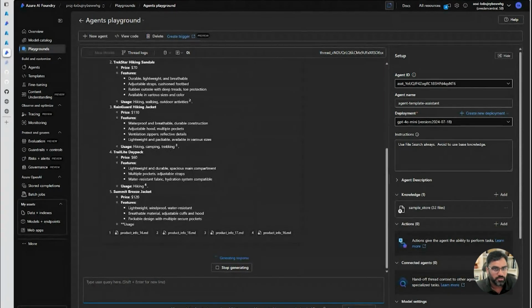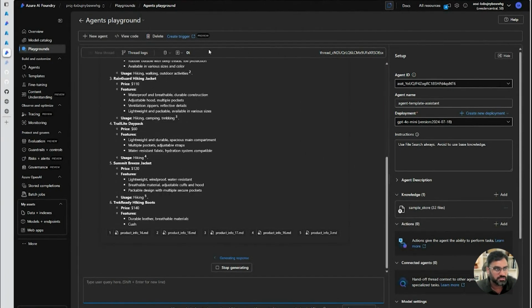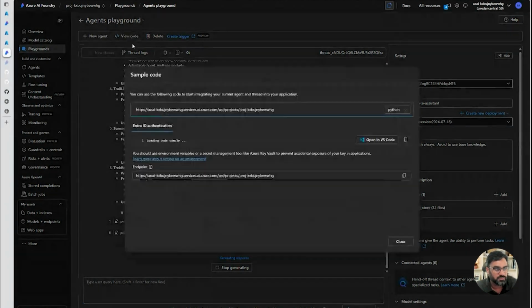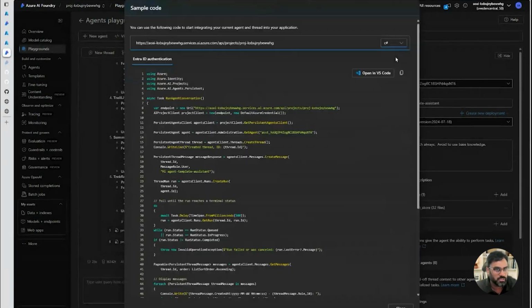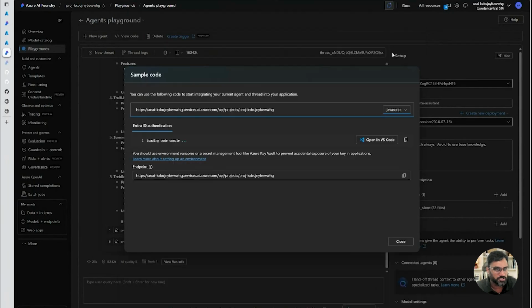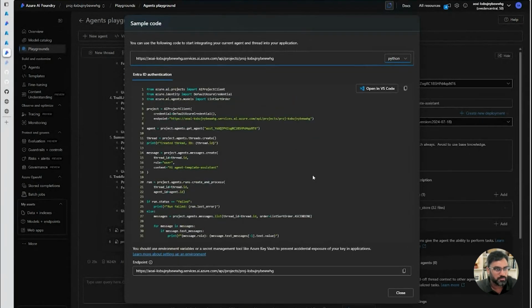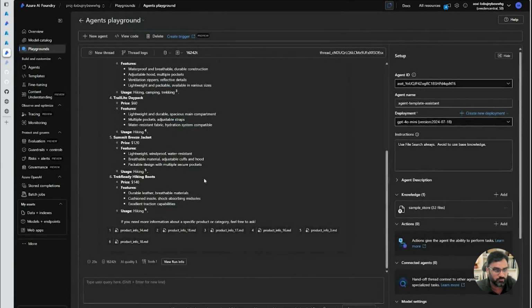And from here, if you want to deploy these agents, you can see this code and how it has been implemented. You can open VS Code, use whatever language you want, and simply start by taking this endpoint and deploying it in your local environment as well. That will be pretty straightforward for you to test locally.